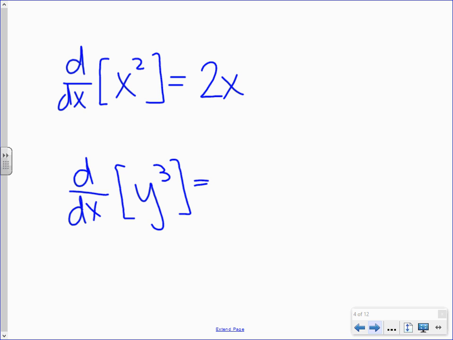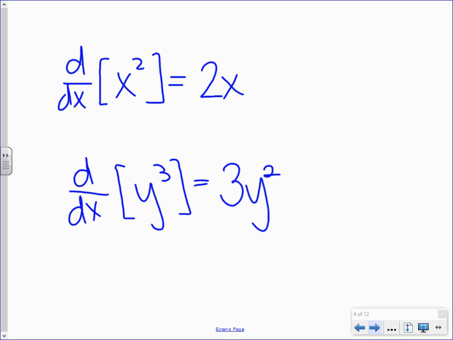I was going to say 3y squared. Okay, that is not completely wrong. The derivative of y cubed, yes, is 3y squared. However,